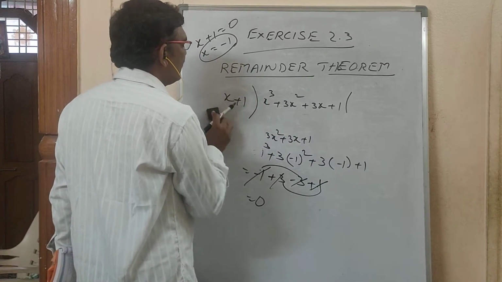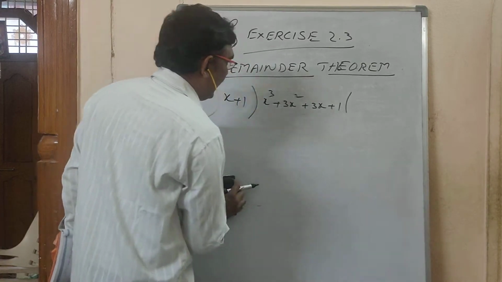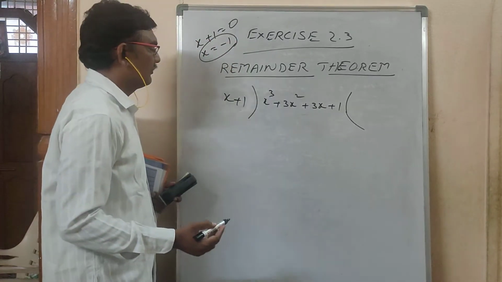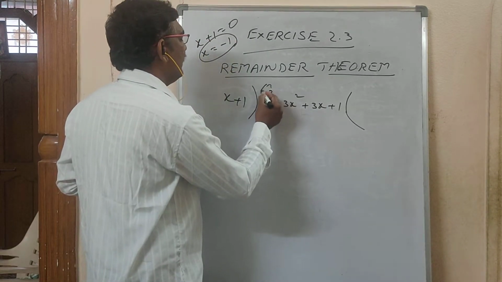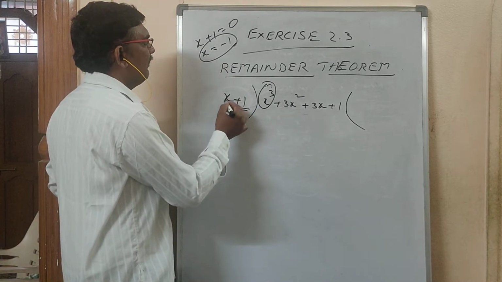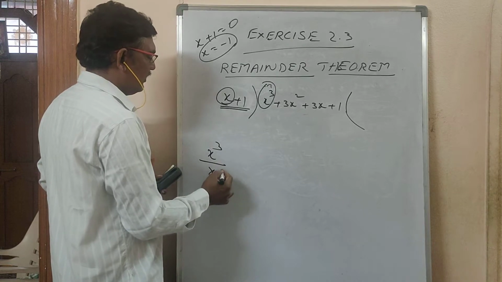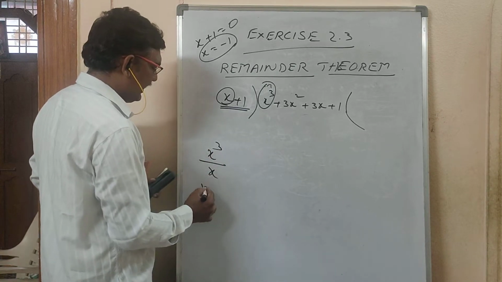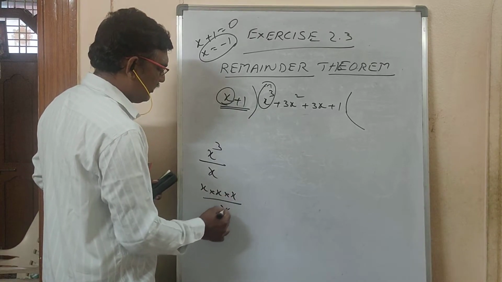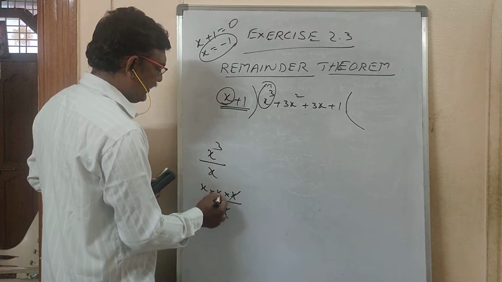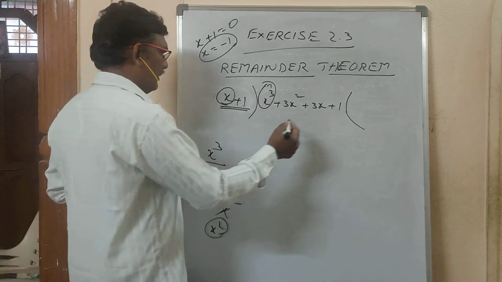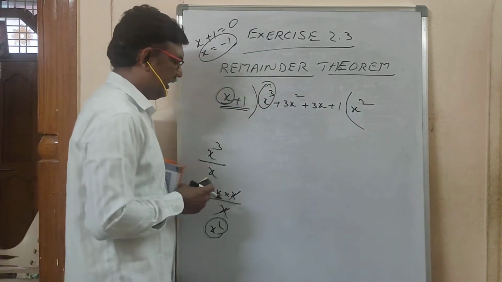This division is very important. I said to practice. I already explained how to do division. In this, the first term is x cube. Do the division. X cube means x into x into x. In the denominator 1x is there, so you can cancel. What remains is x into x, which is x square. If you do the division, here you get x square.